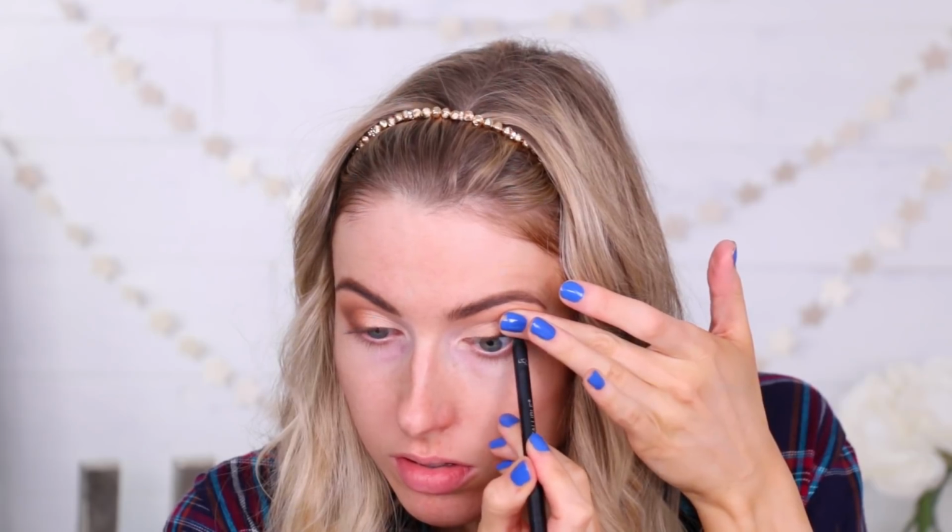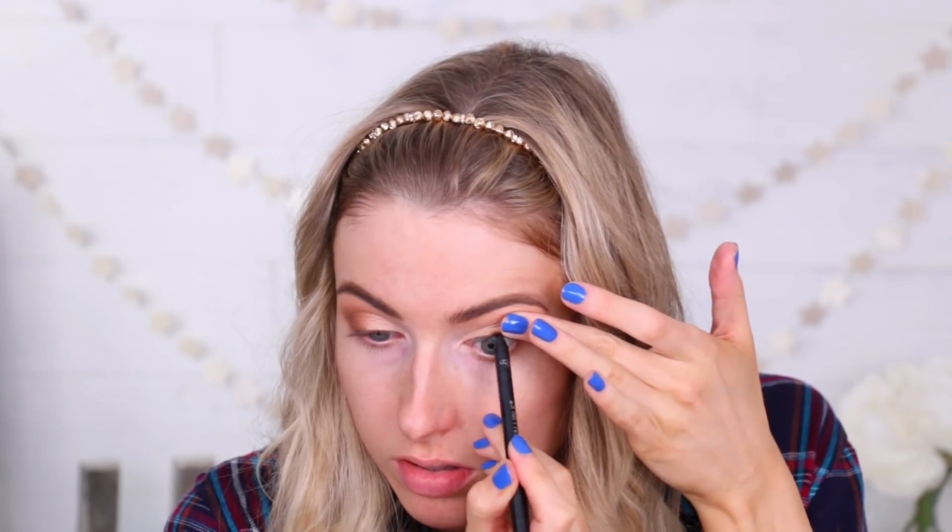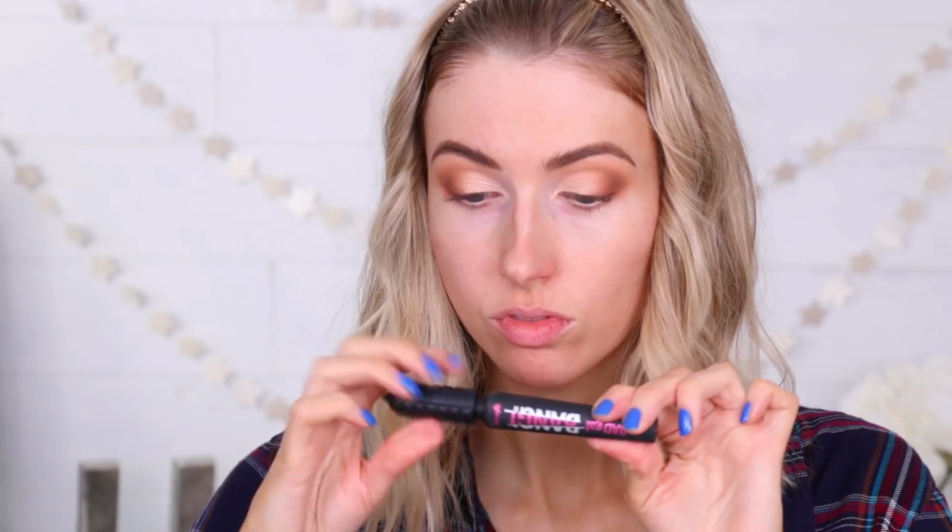And then I threw on a little bit of liner. I took the usual one, which is my L'Oreal Infallible Longwear Eye Pencil in brown. And then I applied some mascara. I'm using today the Bad Gal Bang mascara and then some half lashes, because this is like an ABH look, and I feel like if I'm wearing ABH eyeshadows, I should be putting on lashes. All right, now we're gonna move on to the face, and we're gonna be testing out a new primer,